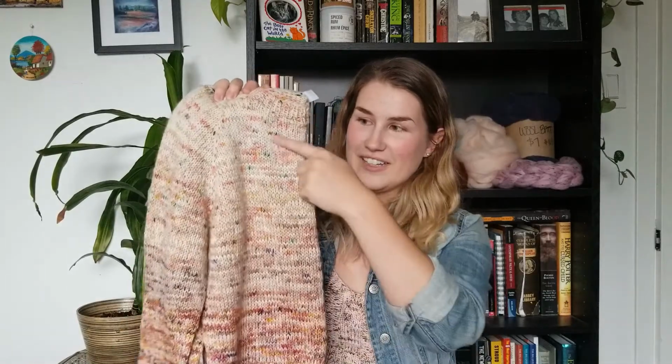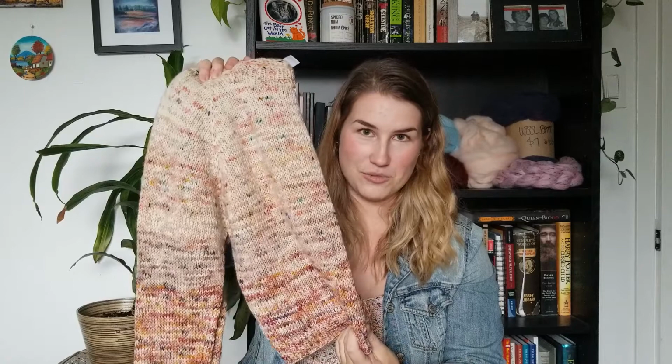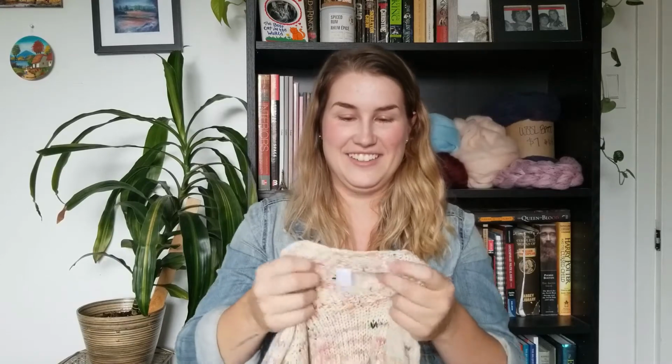Last night, was it last night or the night before? Anyways, I finally wove in my ends. It had a lot of ends to weave in because it's a fade, so everywhere that I broke off yarn and added new yarn, I had to weave in those ends, which is fine. I also added a tag. I love this tag. It's hilarious. It says,